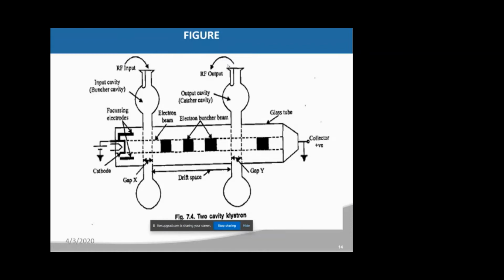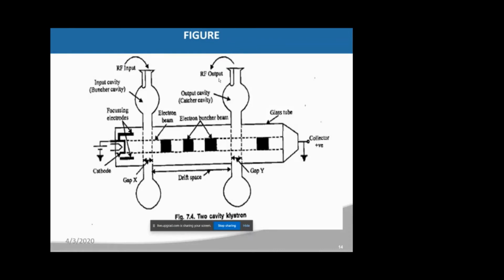Now, if you are looking at this, the space, that is the gap at the input cavity, is called the gap X. You can name any gap X, or gap A or something like this. The gap in the second cavity, that is the output cavity, is named gap Y. And the space between these two cavities is called the drift space. Drift space is nothing but the space for the interaction. Now, if you're looking here, this is nothing but the electron beam being given, because